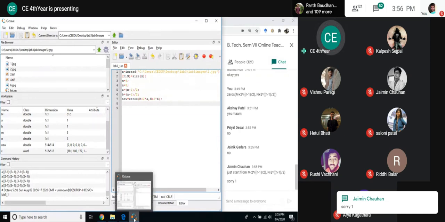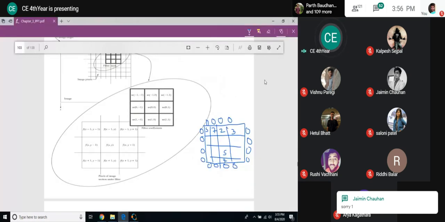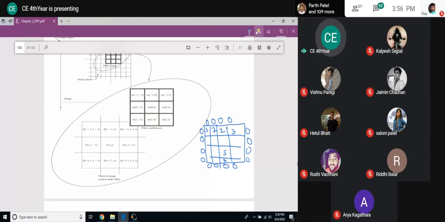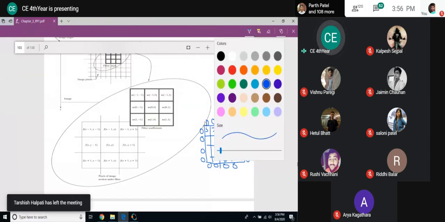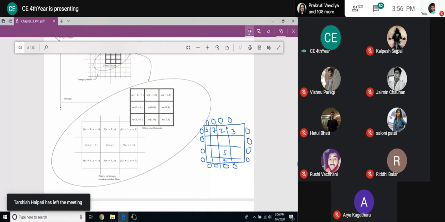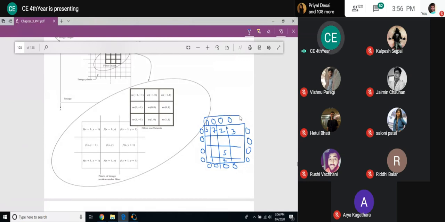Let's have that example again. So what is the new dimension of my image now? You can see this is the new dimension of my image. Okay, so this is my padded image now. I hope you can see that padded image. Here also there will be a 0. And this is my padded image. This is how it will look.